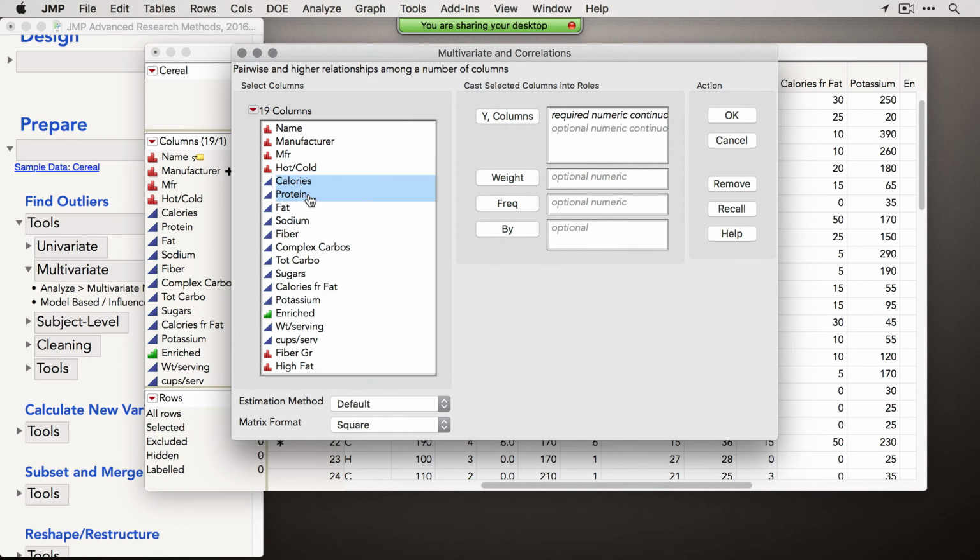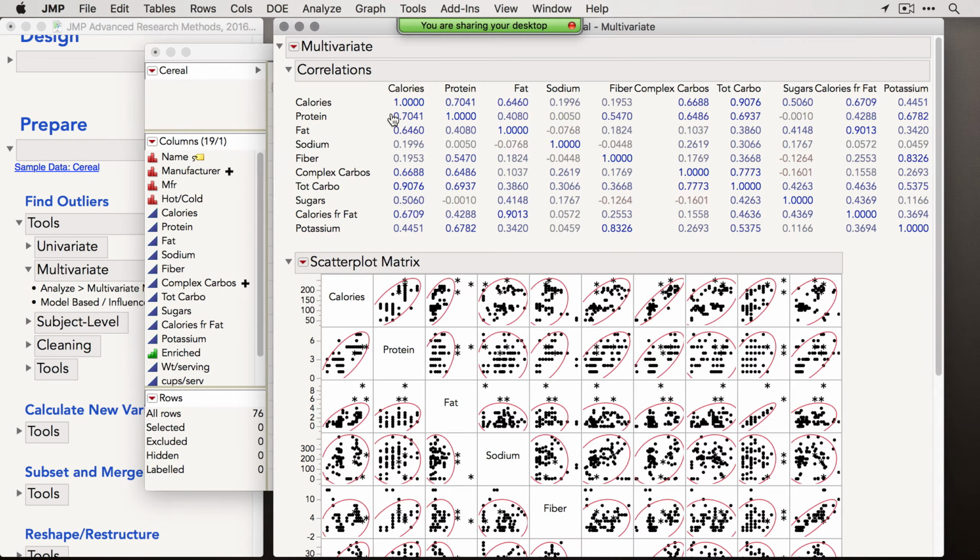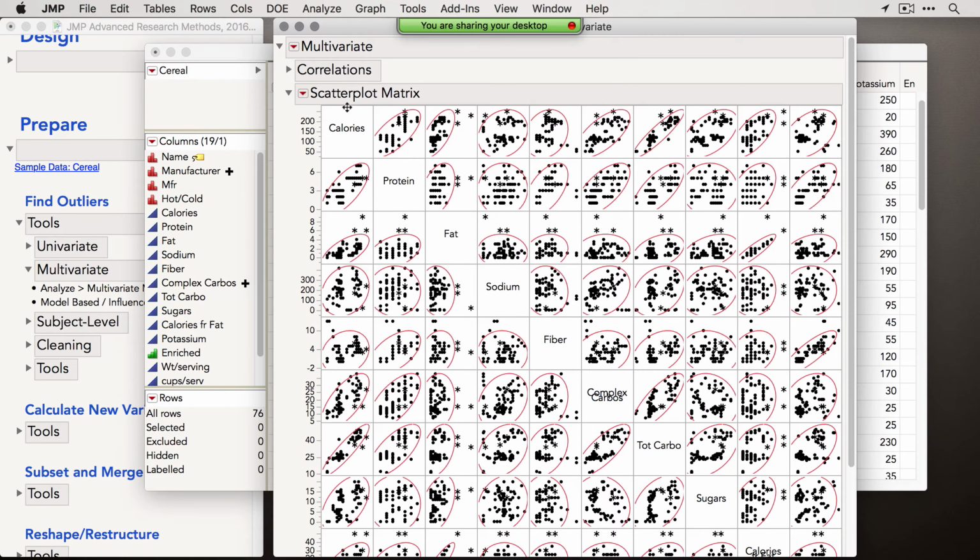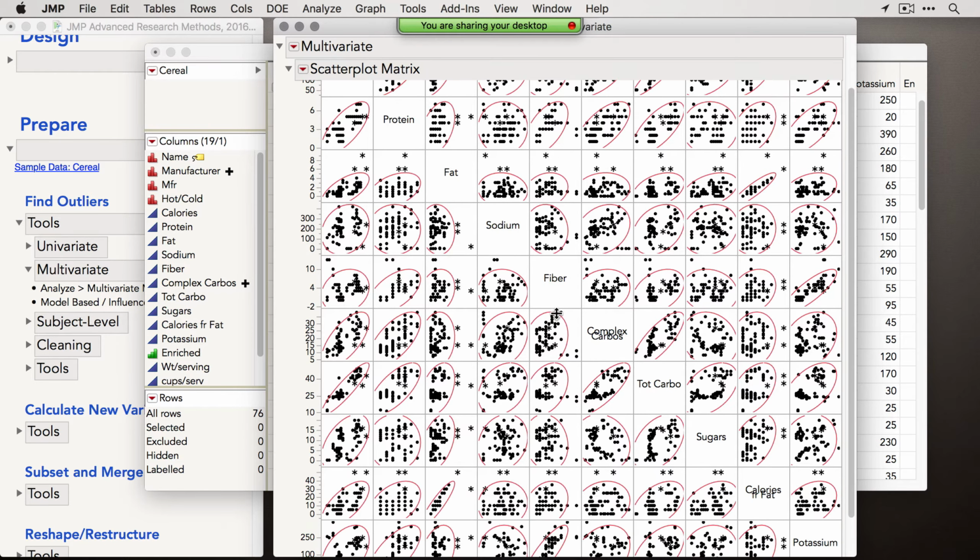If you've never seen it, let's just grab some columns and click them into Y. These have to be numeric, because the basic idea of multivariate is to come up with the covariances and the relationships among these variables. So you start off with a correlation matrix, and you get the scatterplot matrix as well. My interest here for multivariate outliers is to look for the points that are strange with respect to the